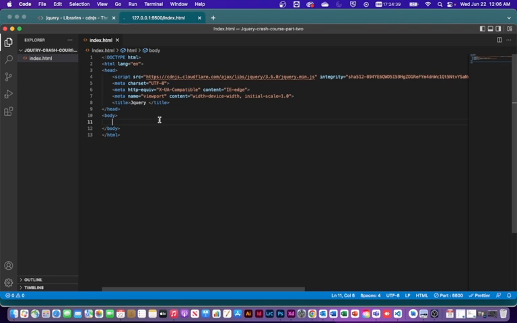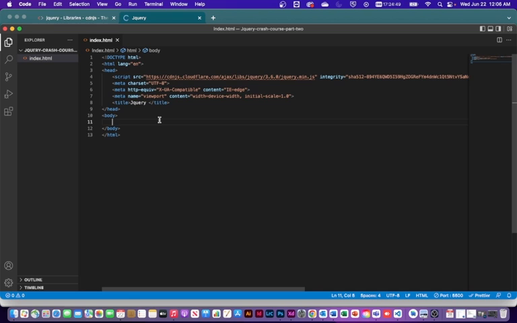When I say selector, I'm talking about selecting a specific element on your page. Let me type that out, because sometimes it doesn't make sense otherwise. Let me have an h1 here,